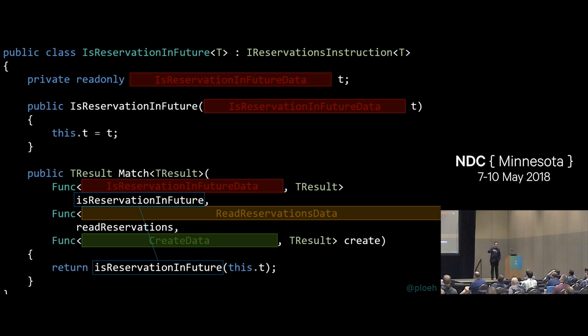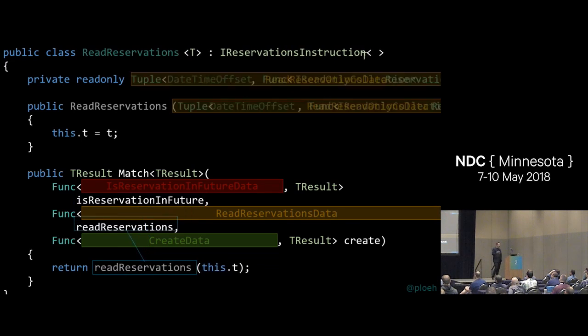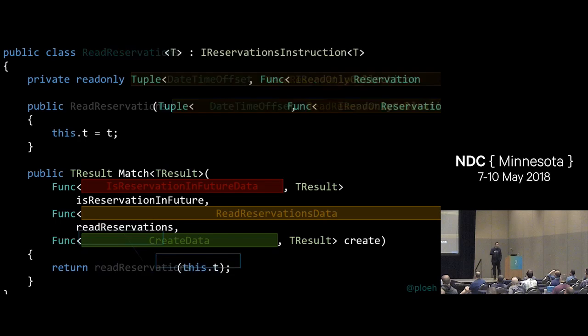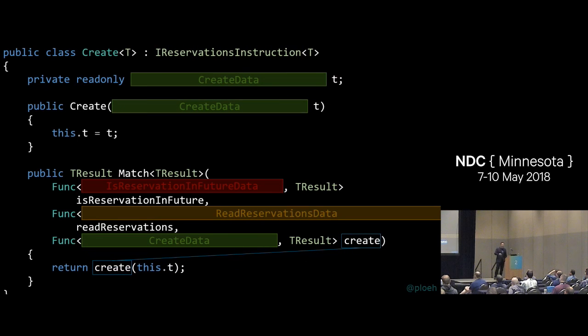In this case, I'm just always dispatching back into isReservationInFuture. This is the function that the caller provides that will handle that particular case of those 3 cases. And we do the same thing with the other 2. Here's an adapter over the yellow data. You'll notice that it always dispatches back to read reservations. And the third class is an adapter over the green data, and it always dispatches back into the create function,